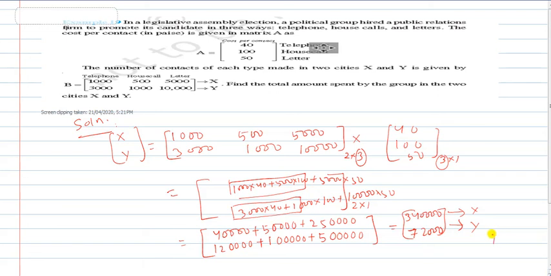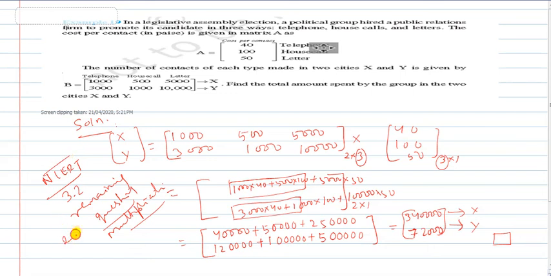This is a word problem, and there are plenty of things to do in this multiplication of matrices. So it is very important for us to understand the concept, try too many questions as far as possible, and tomorrow I will solve in the next class some more questions from NCERT, but you also solve these questions from NCERT, exercise 3.2 remaining questions. I had given you some questions regarding addition and subtraction, and these are the remaining questions which are based on multiplication. So whatever doubts you are having, you solve in your copy, and whatever problems are there, you can email it to me and it will be replied to.